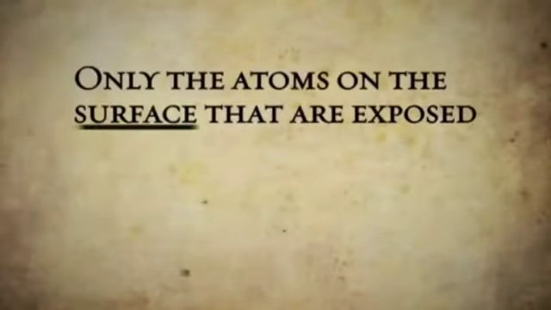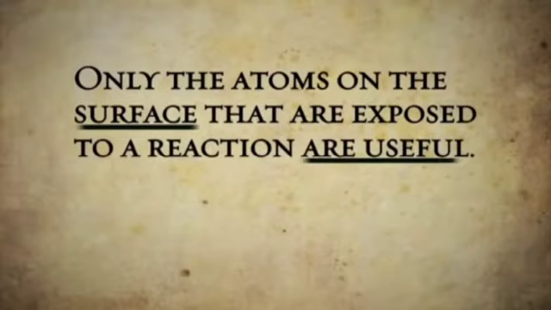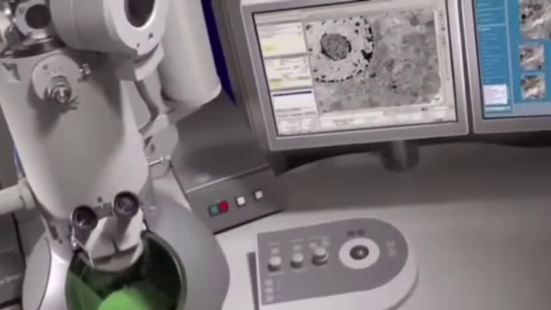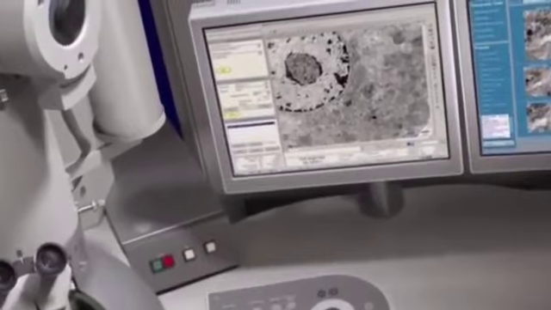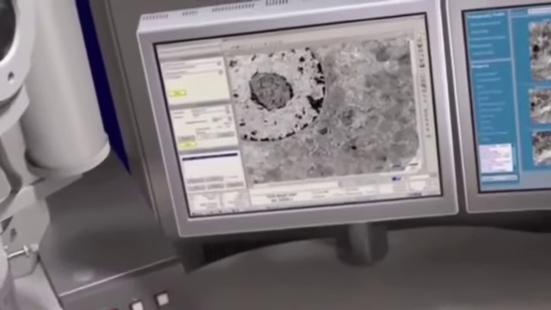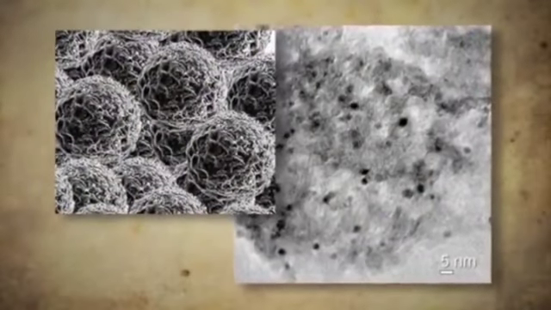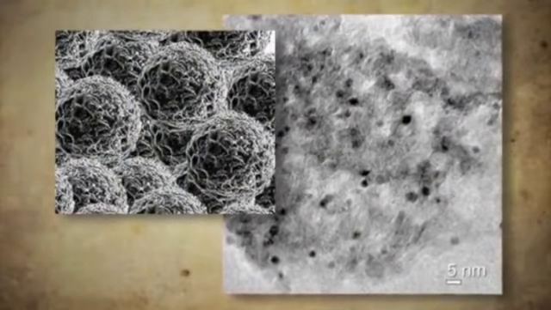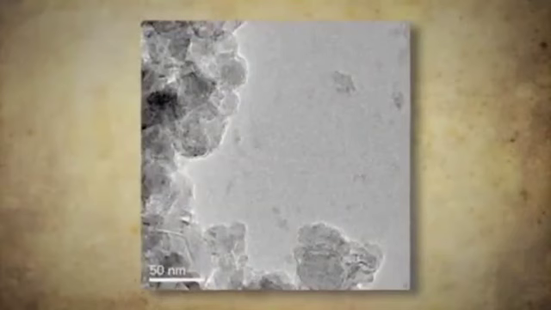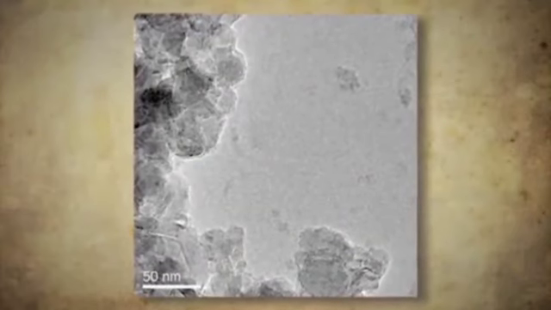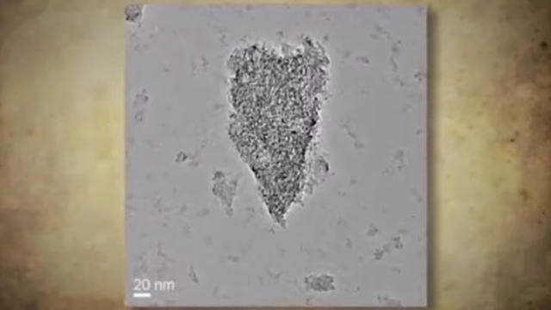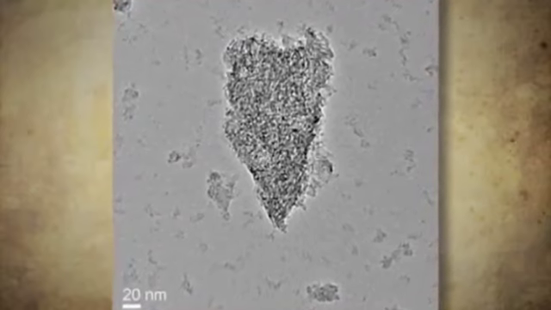In this type of metallic catalysis, only the atoms on the surface that are exposed to a reaction are useful. By using nano-sized engineering, Selk and Woodfield are working on putting 1 nanometer crystals of these metals into the pores of the support, which allow for the efficient use of virtually every individual atom of these highly expensive materials. This makes the catalyst more effective at accomplishing its job and cheaper to produce, because of the more efficient use of the materials at hand.